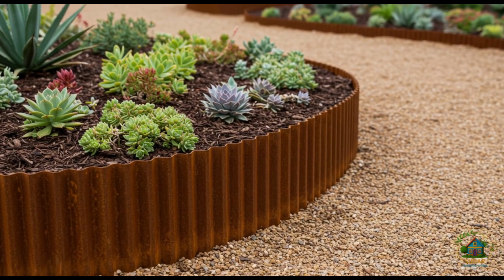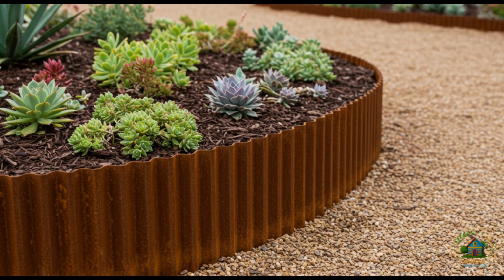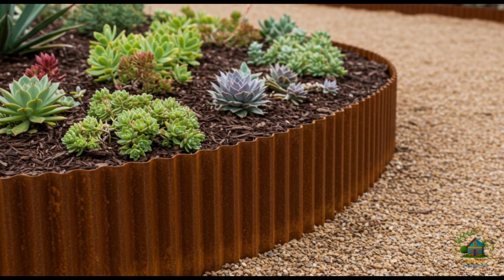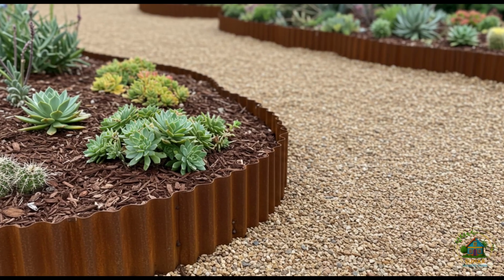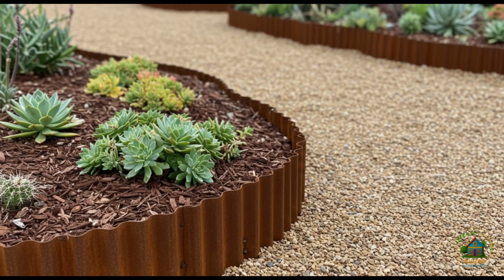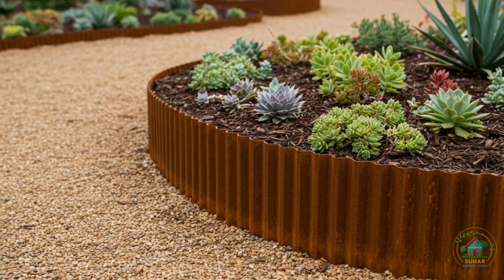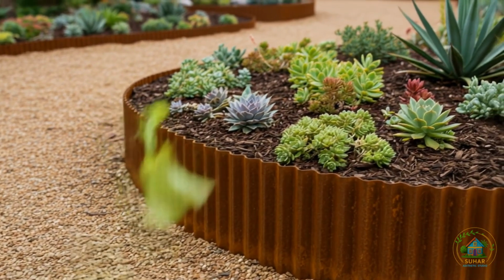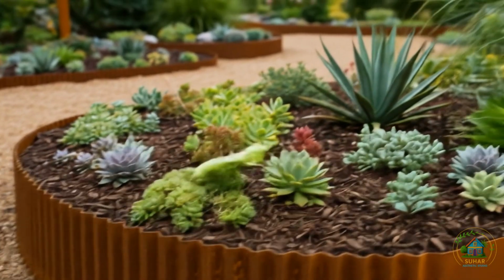visually compelling composition. As a DIY project, Corten steel is simple to install. Prepare a shallow trench along your intended borderline and insert the steel vertically to follow your desired shape, be it round, straight, or organic curves. The material is malleable enough for flexible design, yet strong enough to retain soil and support gravel paths or decorative